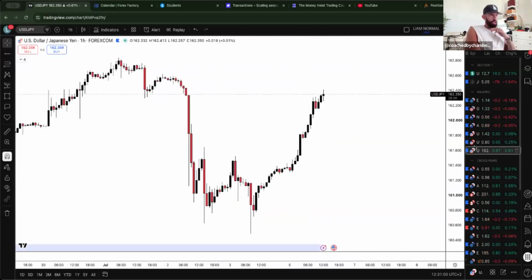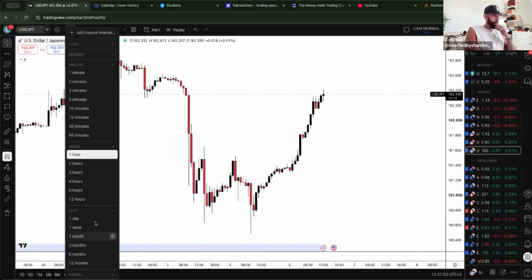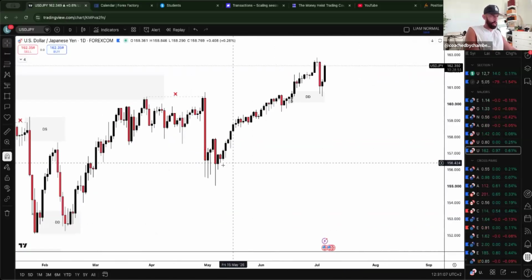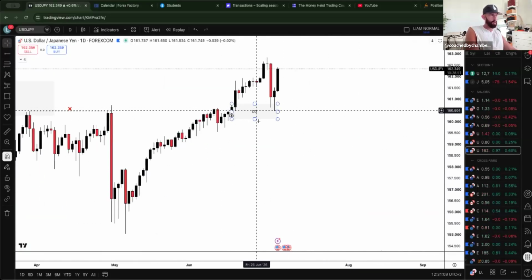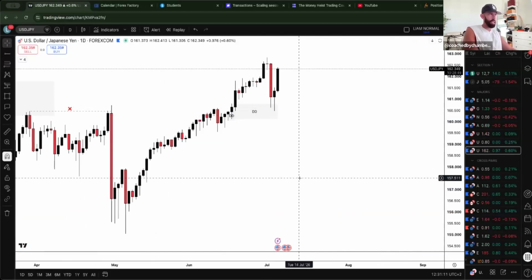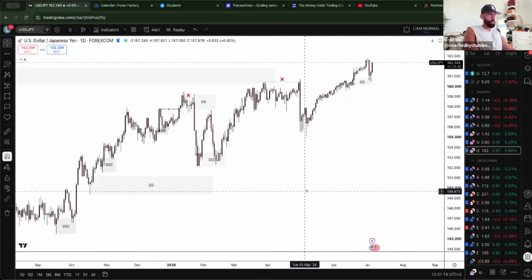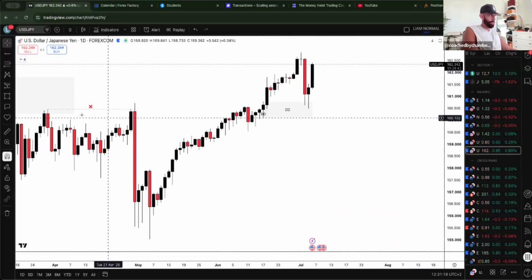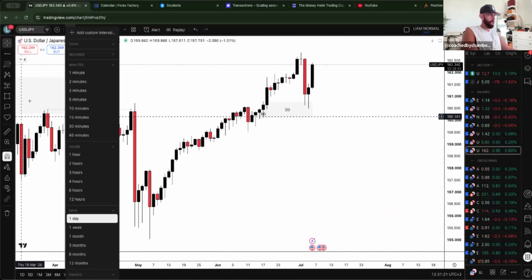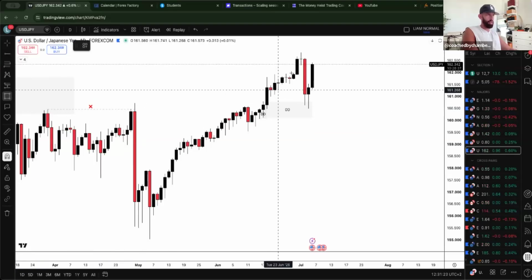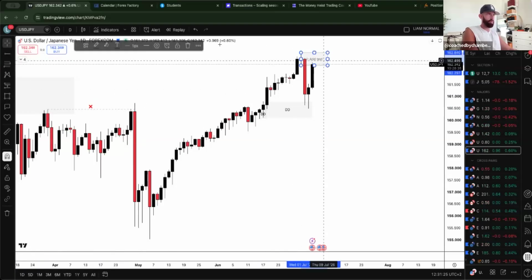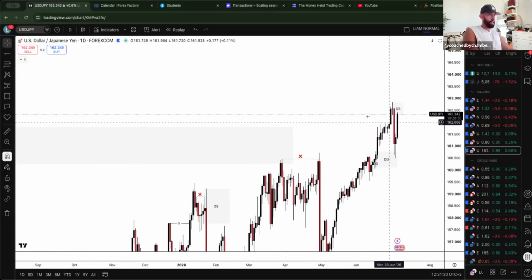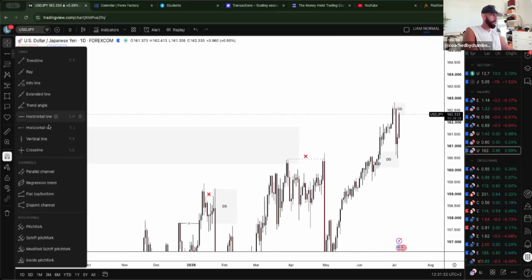USD Japanese yen, let's see what she is doing. Is she being nice? Is she not? Daily time frame, of course, extremely bullish, where we come back into this daily demand area here. We are extremely bullish, as you can see. And if the market from the dollar goes bearish, then yes, we have this daily supply area. The only thing is I'm going to try and look left to see